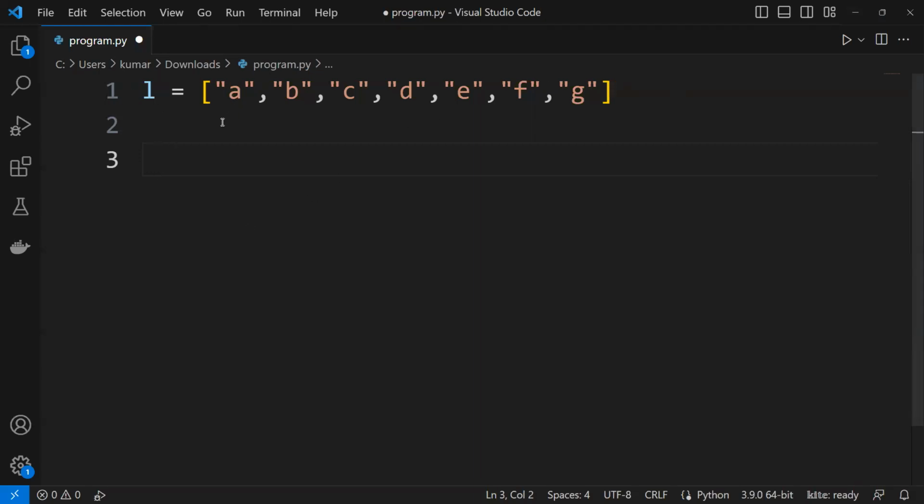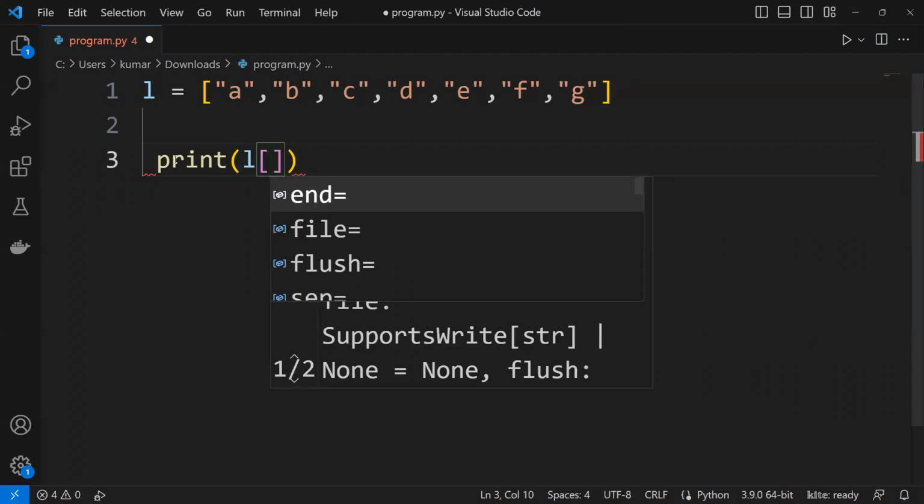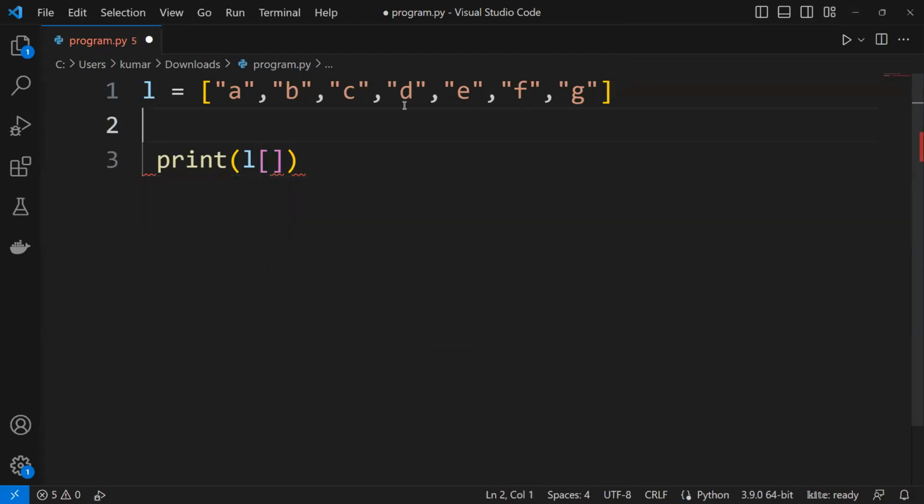So now this is our list. Okay. So now what we can do, we need to do print of list. Okay. And then we need to put the last or second last or nth last, anything. So as we know, here it starts with 0, and from the last it starts with -1, -2. So if we go ahead and try to put -2, and then run it,